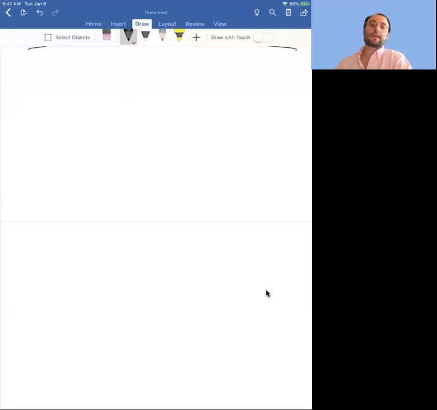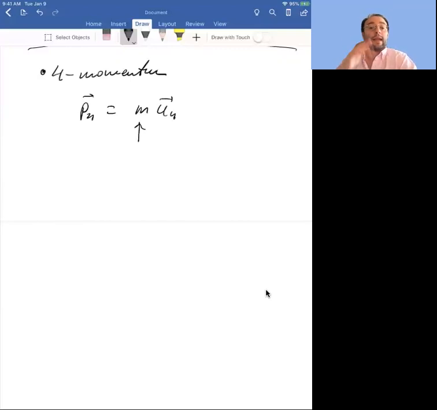Next bullet point on this agenda of extending regular mechanics to space-time mechanics is to define a 4 momentum. Okay, and the 4 momentum is defined as mass times the 4 velocity. Now this mass is a mass of a particle measured in its own frame. So this is a definition, right? And in the definition, you're free to choose what you mean by each letter. So this is a mass of a particle